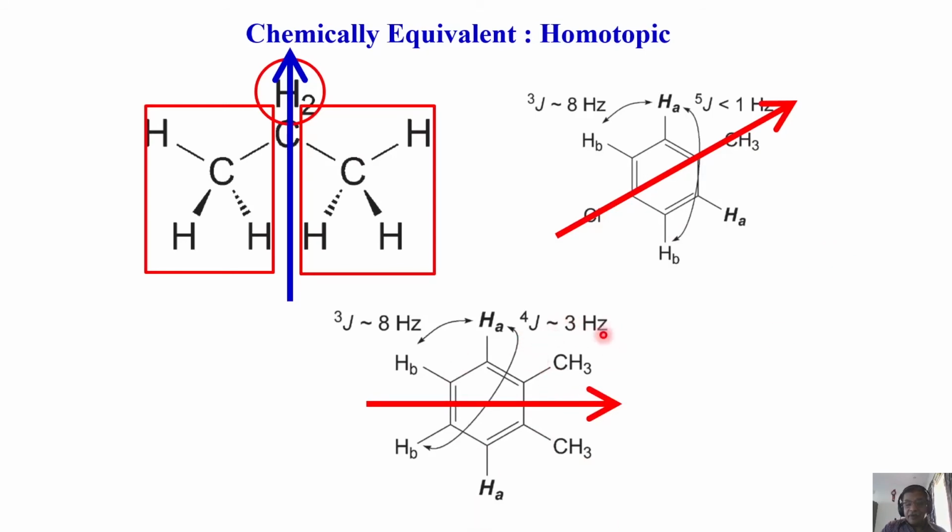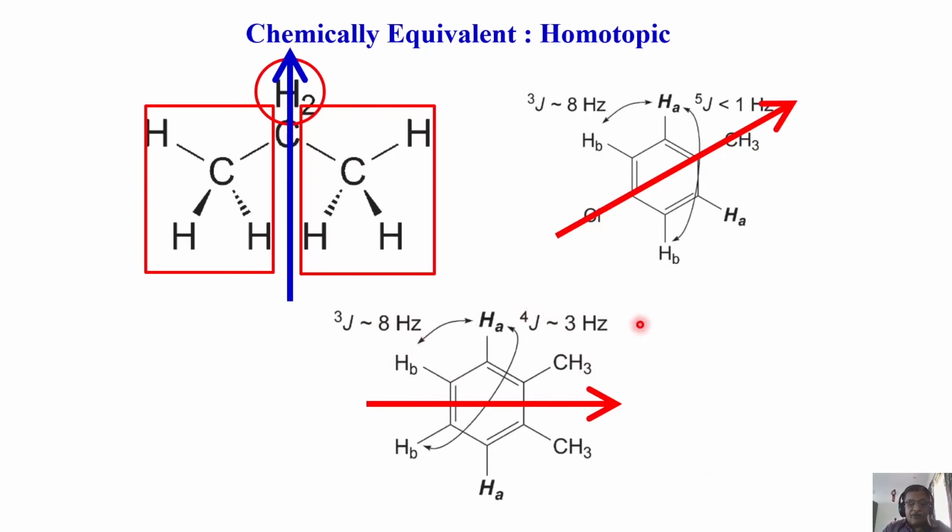Now what happens? This proton is chemically equivalent to this proton and gives a single peak. This proton and this proton are not the same because the environment for this side is different, and this side is different. So all the remaining ring protons are not the same. Whereas this proton and this proton have the same environment on either side, so they are equivalent. Similarly, this proton B and this proton B are equivalent. So there are three different types of protons here: one for CH3, one for this proton HA, one for this proton HB. Similarly, look for the carbon here.